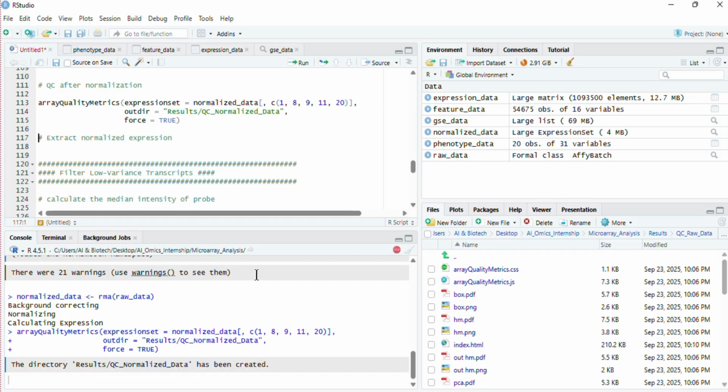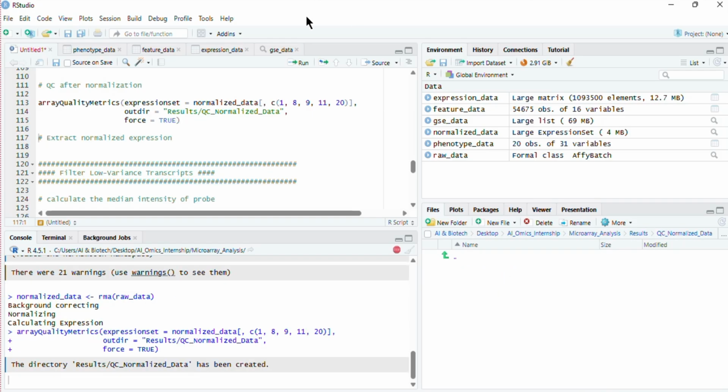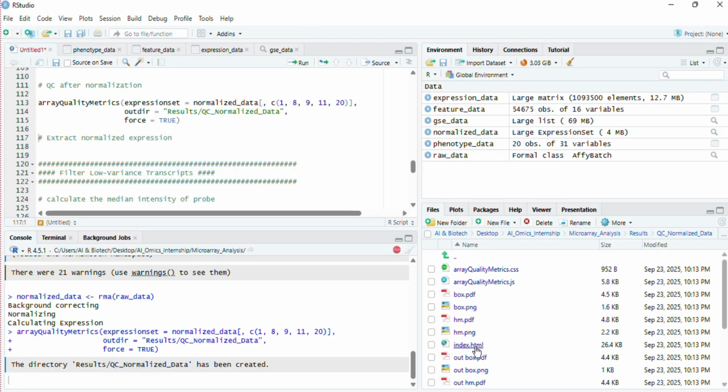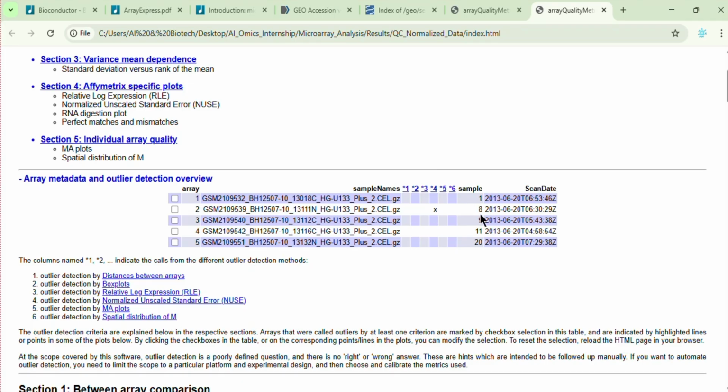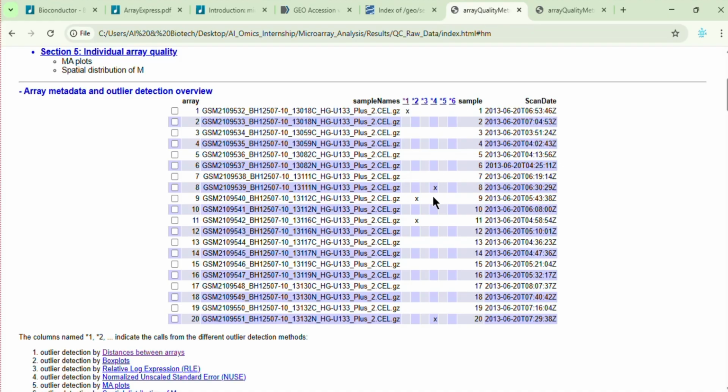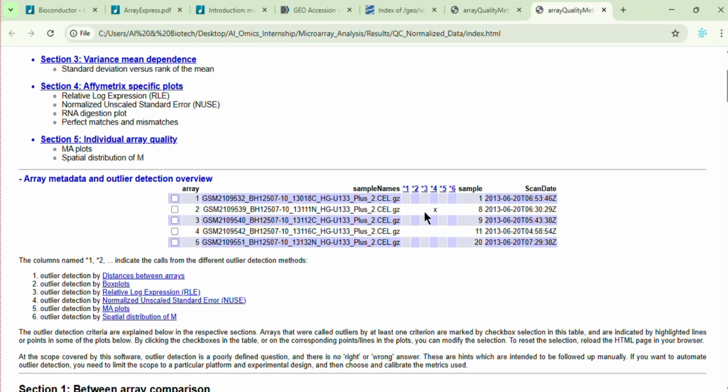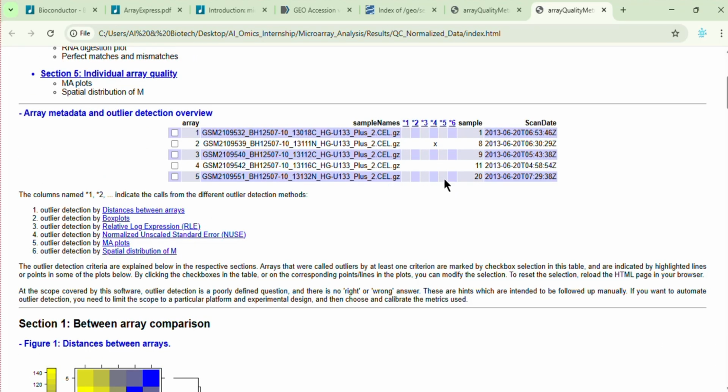This time, QC will run only for these samples, but you should use the entire dataset to check the QC of your data. Now, a QC report has been generated for normalized data for these specific samples. If we open it in a browser, in this report, again, sample number 8 is declared as an outlier. So this indicates that the other 4 samples were likely affected by technical variability or background noise, which we corrected during the normalization step. For sample number 8, this discrepancy may not necessarily represent a technical outlier, as